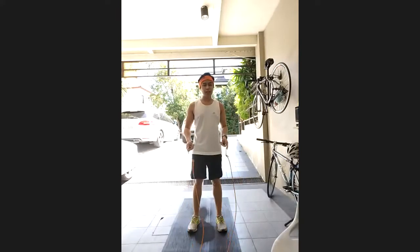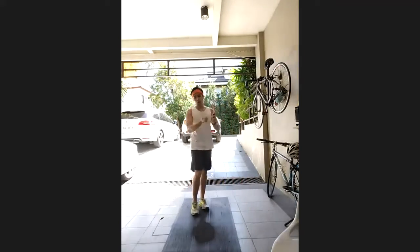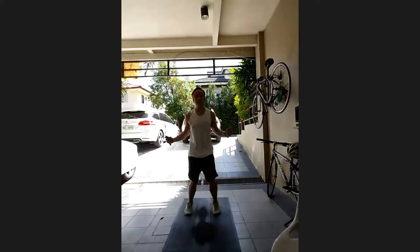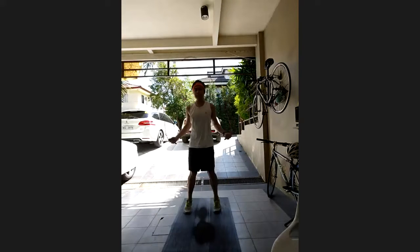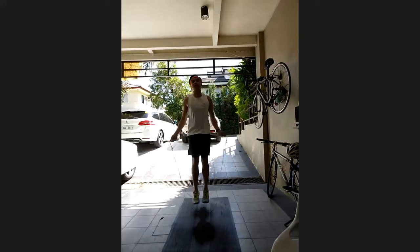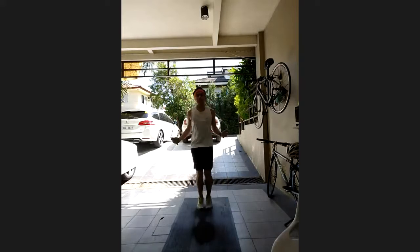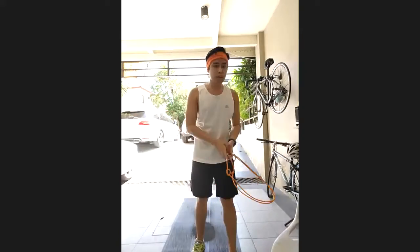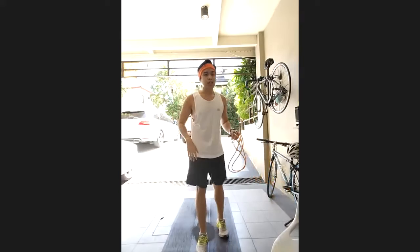All right, so the side straddle looks like this. With the rope, just opening and closing. So it's like a jumping jack with the rope, right? So when you're doing the side straddle, a mistake that a lot of people make is